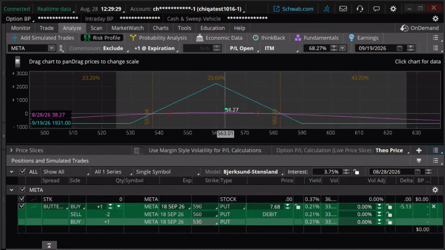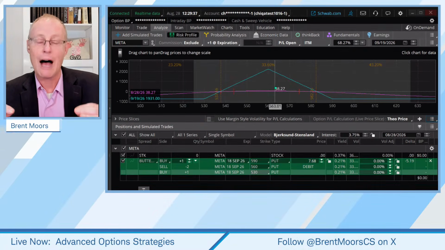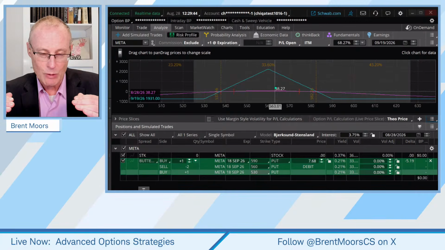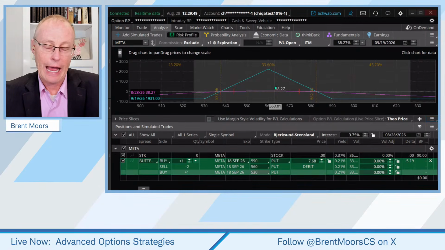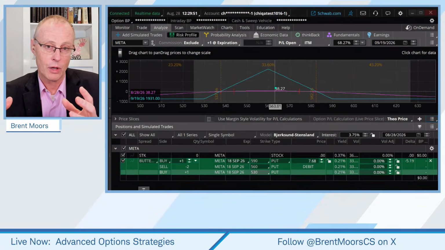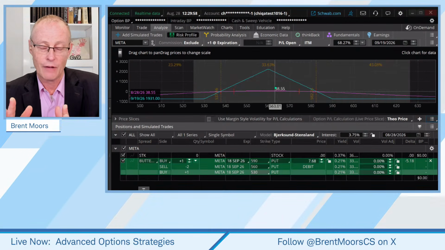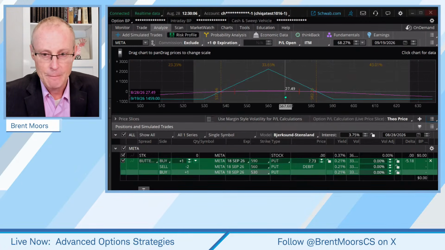By the way, if you see a trade that looks too good to be true, and the observation in the chat was that there was nothing below the loss line on that, if it looks like there's a trade that you can't lose on, there's something you're not seeing. I suspect in that case it came down to a difference in bid-ask spread and the liquidity on that, although I'm not going to take time to investigate at this point. But there's that trade. But we're going to skew it.